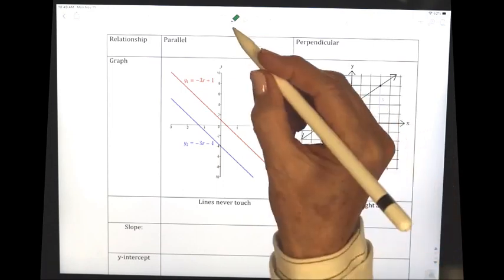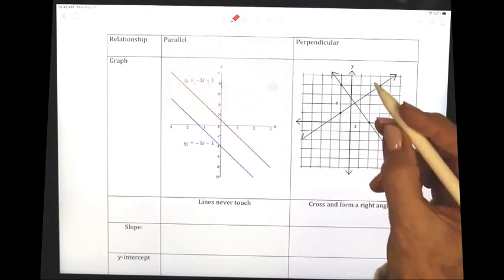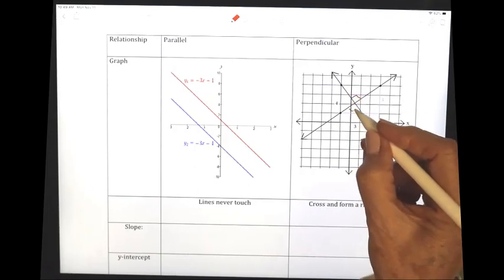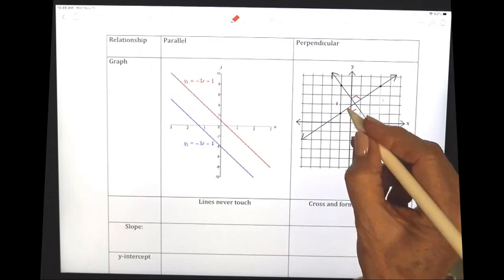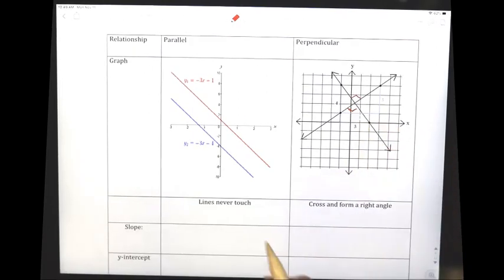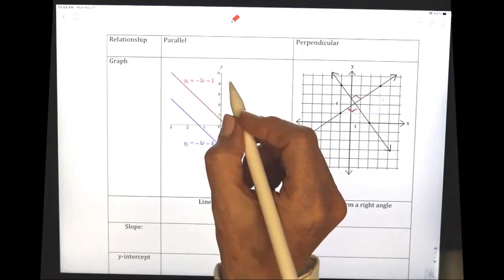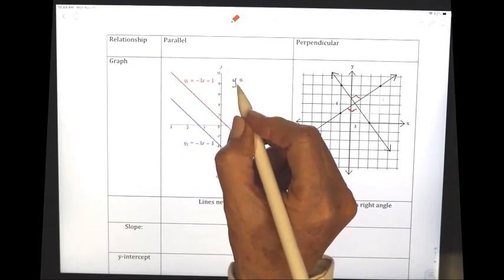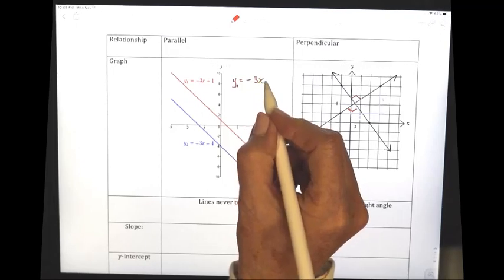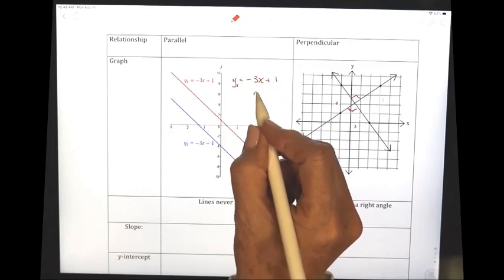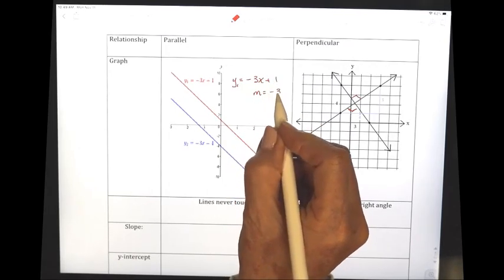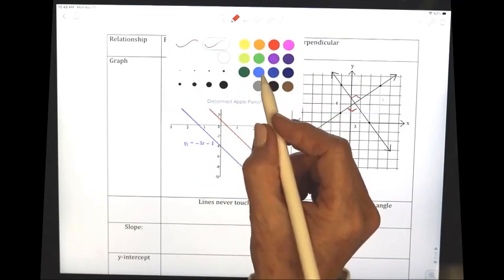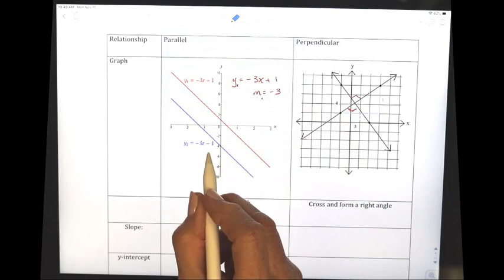So a couple of things I wanted to point out here in the drawing. These intersecting lines, you can see that they meet here to form these 90-degree angles. And you can see on the parallel lines, I hope you can see this first equation. You can see that the slope of this first line is -3. I'll label it m sub 1. And you can also see that the second line, here's the equation down here,